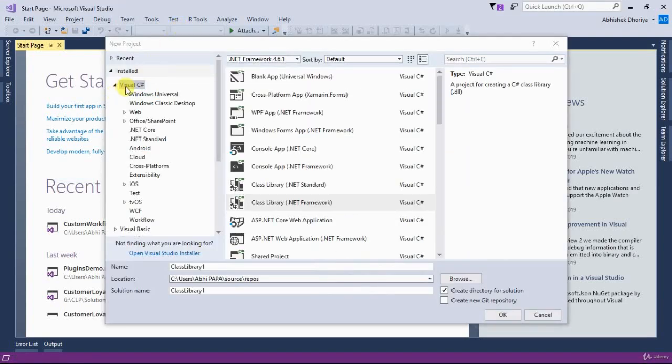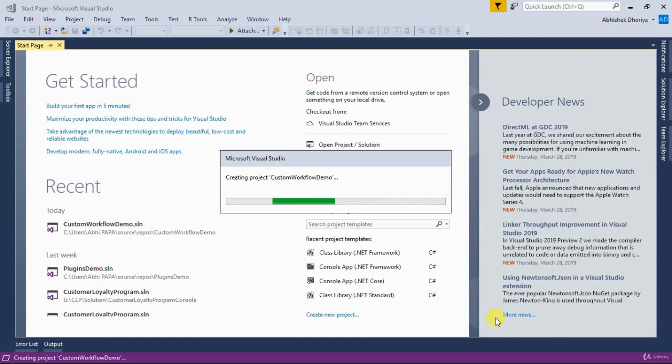Here you can see I am selecting Visual C# and a class library project of .NET Framework, and you can give a meaningful name to that project. I am giving a name called custom workflow demo, and then you can click OK. The moment you click OK, it will take some time and create that project.